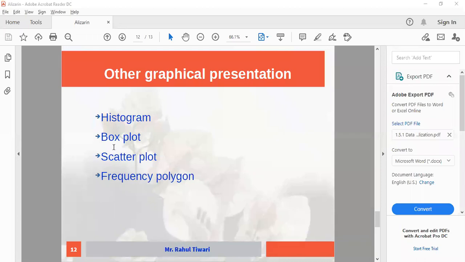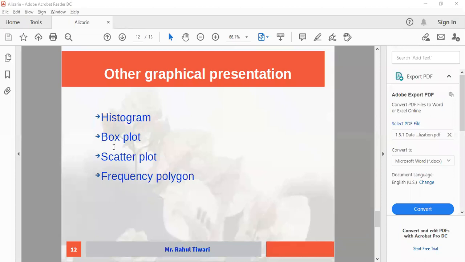Basically, in this session, I will not cover more concepts, but I will still try to cover the entire thing if possible. First one is graphical representation.